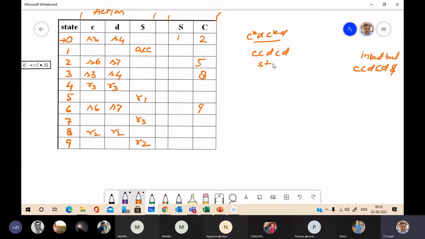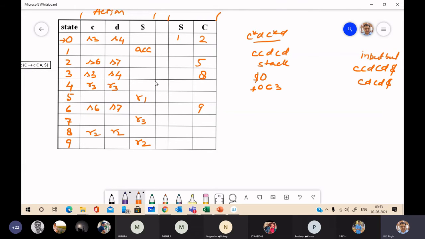And here you have a stack. I have told you the parser will work in the same manner. On the stack you have the start state, that is 0. 0 and C tell about the action: shift, and the next state is 3. So you will get 0, C, 3, and the input is C, D, C, D, dollar.